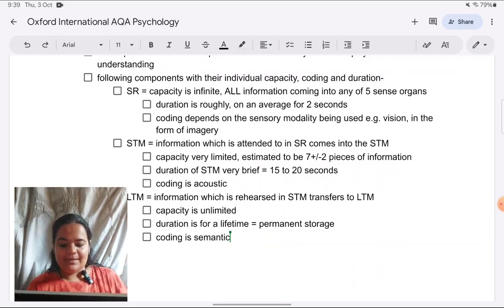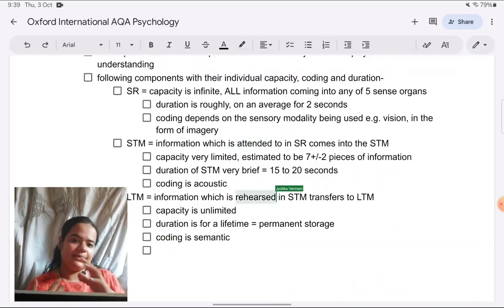Also, like I mentioned, we should talk about the processes which take place. So I have mentioned attention and rehearsal. If you see, that helps to connect the storages. Also, short-term memory can retrieve information from LTM. That bidirectional process I need to explain. For this answer, you can in fact draw a flow chart like you have in all your textbooks.